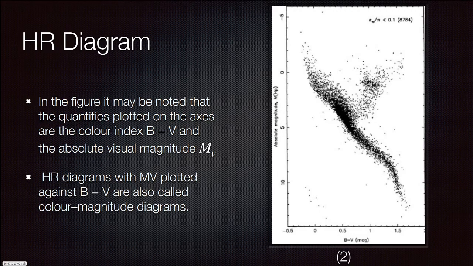Now in the next topic we'll discuss the stars. As we can see, there are some stars which are outside the main sequence also. If we consider a median curve passing through the points on the main sequence, it will give us a relation between B-V and M_V. And we have already discussed that the absolute magnitude is further related to effective temperature and bolometric magnitude. Next slide.